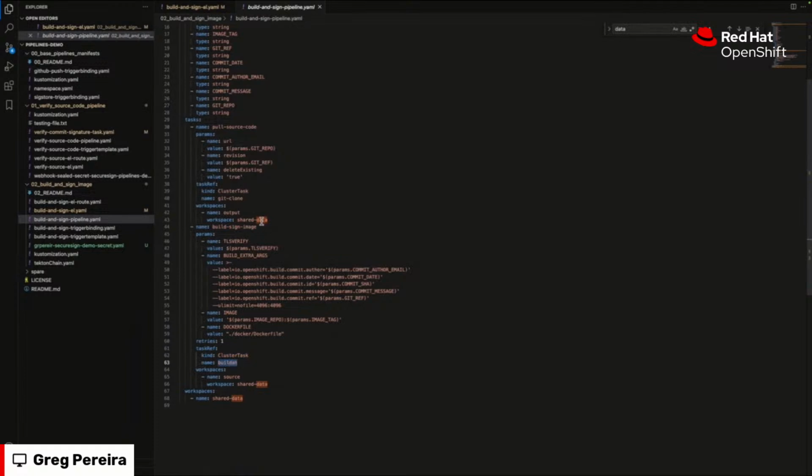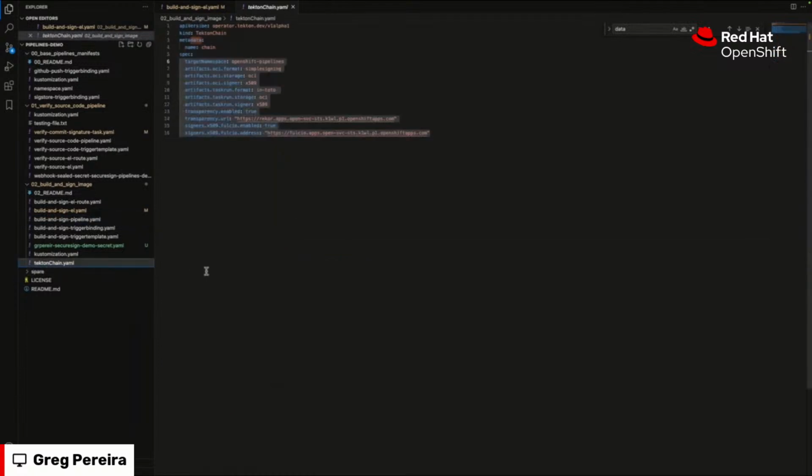Pretty simple. This is the standard build cluster task. And it's using Tekton Chains, which is why you would expect that there would be a signing task here, but we don't have to do that because it's actually getting done by Tekton Chains. I just specify the Fulcio and Rekor addresses here and say what we want to get signed and how we want to get signed.